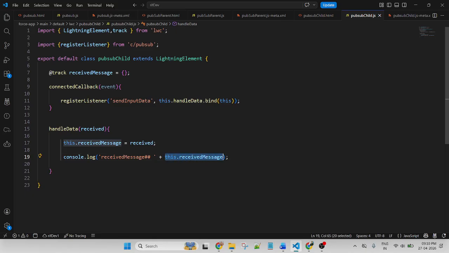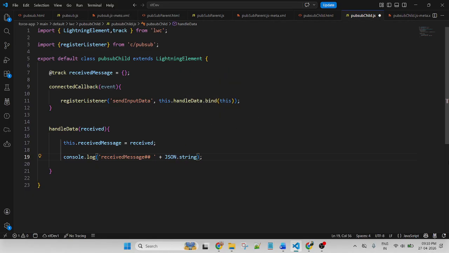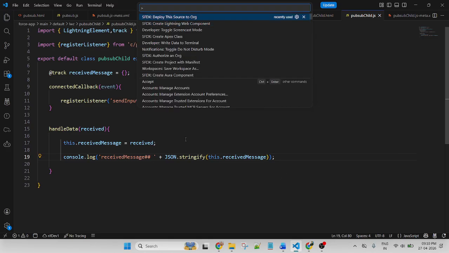So to check the object data, JSON dot stringify. This one. Now let me deploy.